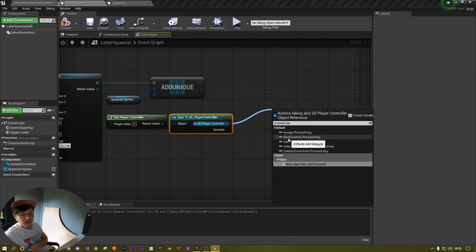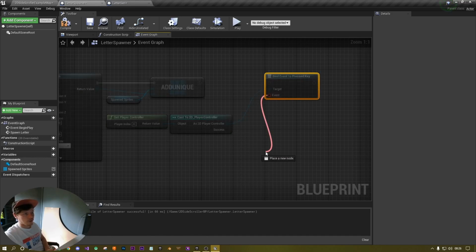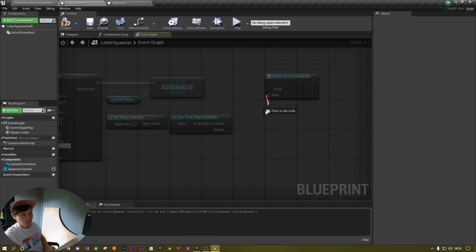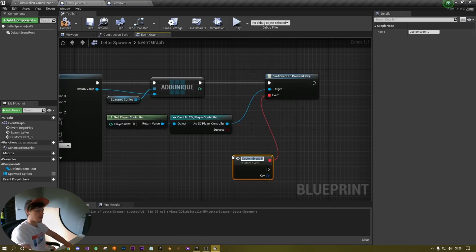However, we want to bind an event of our own to that action. So this is basically saying whenever I receive a notification of a key being pressed, or I receive the message, I want to use this. I want to run this event. So before we do that, let's just connect these up. And the event that we want to run is going to be a custom event, and it's going to be